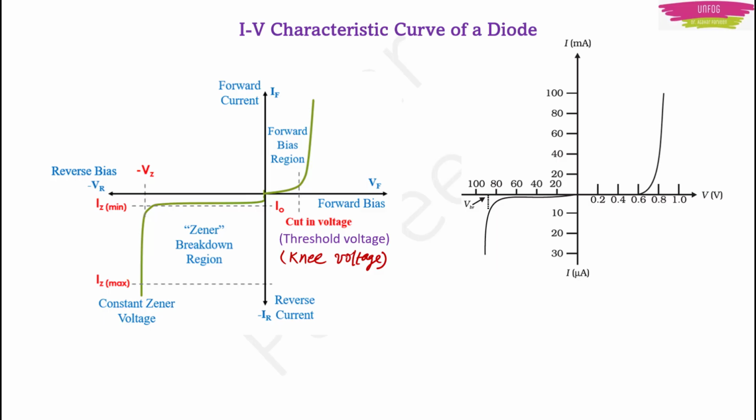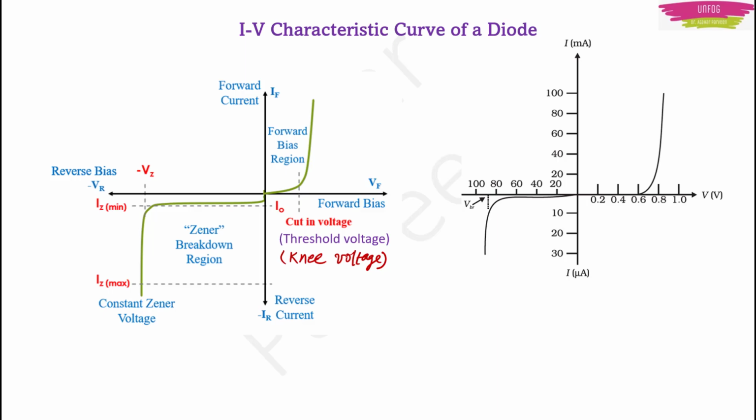See here in forward bias condition, on the x-axis it is 0.2, 0.4, 0.6, 0.8. It is in volts. And on the y-axis, current is in milliamperes. It is 20, 40, 60, 80, 100. It is in milliamperes. Now coming to reverse bias, when you connect the PN junction diode in the opposite manner,